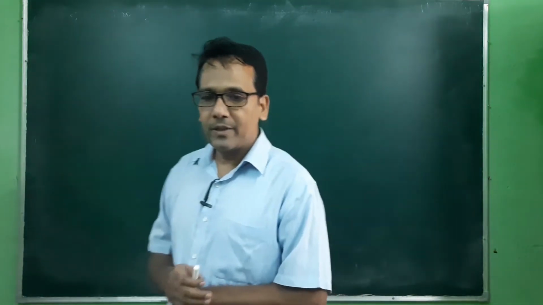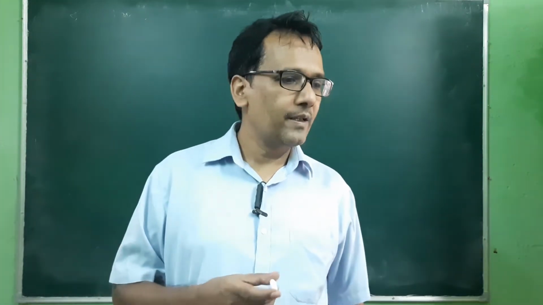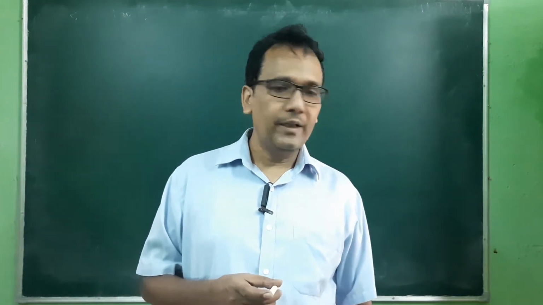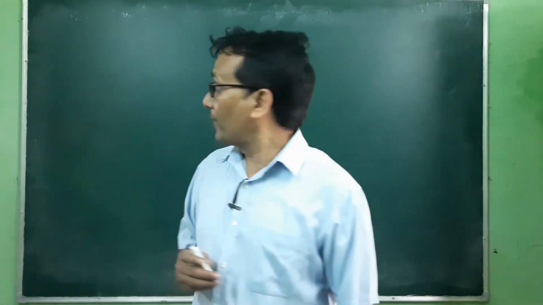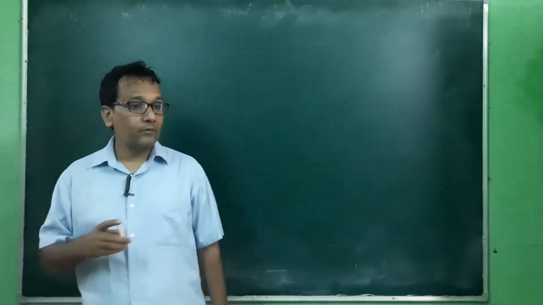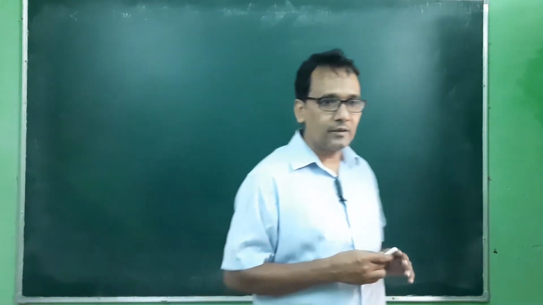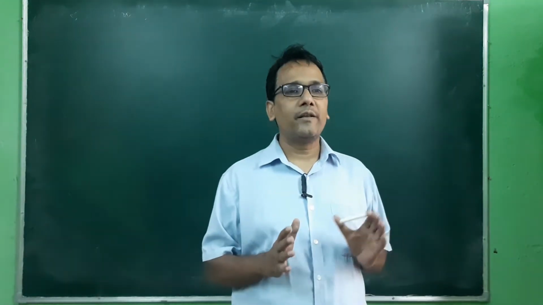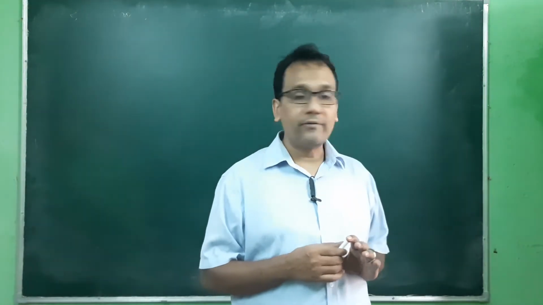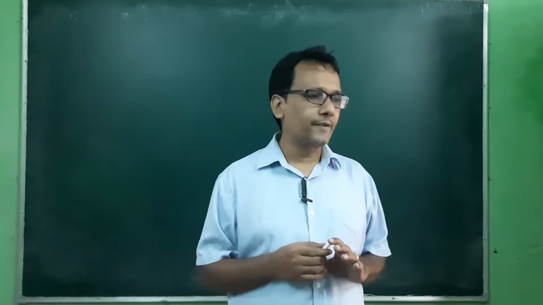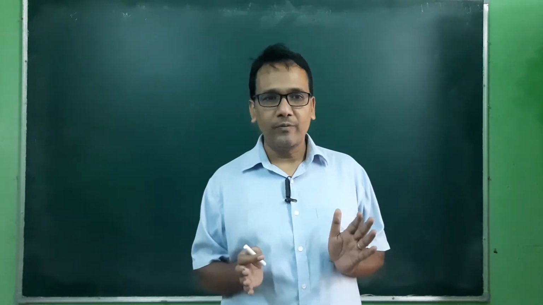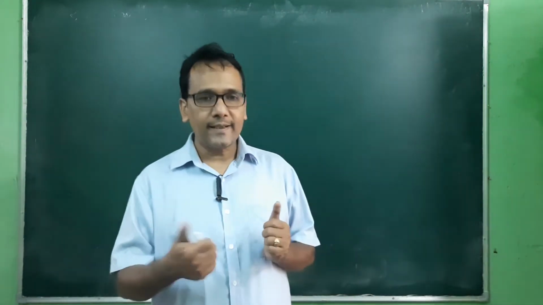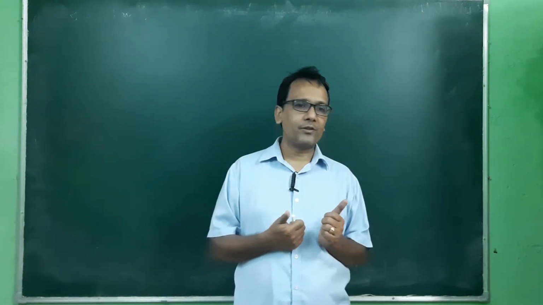So in the last lecture we discussed the average velocity and the instantaneous velocity in the two-dimensional case. So what is the difference between the one-dimensional and two-dimensional cases? In the two-dimensional case, we are just considering the vector form of velocity and displacement, etc. In that vector form, we are talking about the x-axis and y-axis. That's why this is two-dimensional.